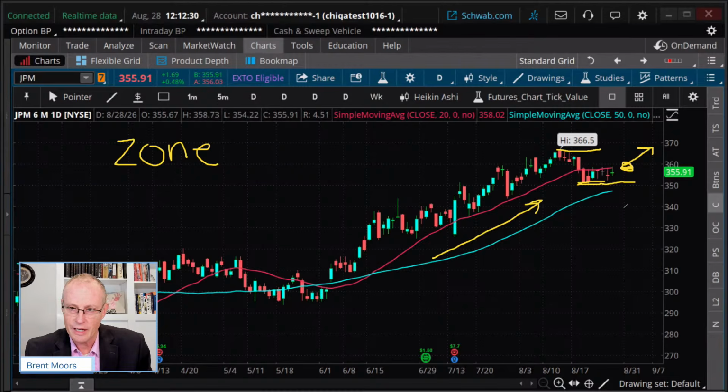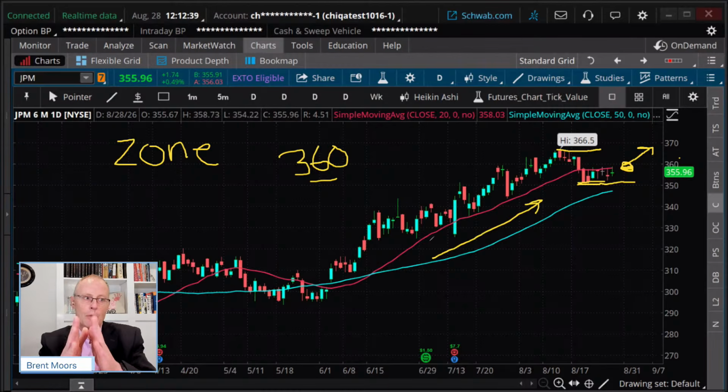So what I'm going to do is say if my target zone here is 360, then I'm going to look for a 360 strike as the middle. That's the approach I would suggest. I don't care what stock you're looking at. If you're considering a skewed butterfly, well, actually, for any trade, know where you think the stock is going. That's the first thing you've got to do. You may be wrong, but at least you've got to have that hypothesis of what it's going to do. So in this case, we're saying 360.